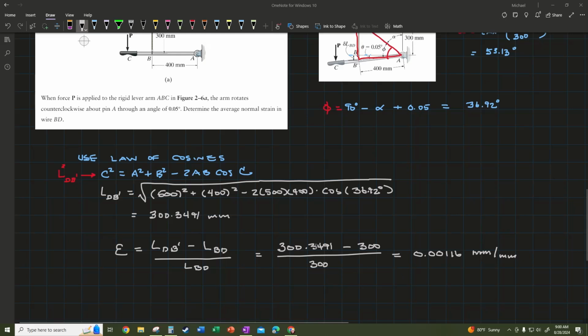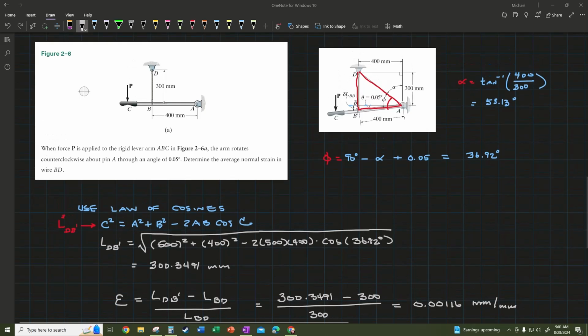Another point to make here is you need to be careful about doing calculations like this. It's very easy to lose your precision by estimating or truncating values. So it's best to do the analysis all in one calculation if possible. The other thing to keep in mind is if you're using a calculator, calculators usually follow order of operations, so you've got to be careful when you're doing this numerator denominator idea here, and you don't accidentally take 300.349 and subtract off 300 divided by 300. Okay, that's a lot of work just to find the strain in a length of material here that has been